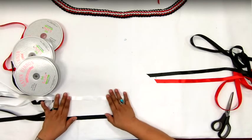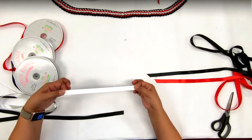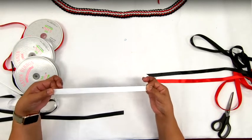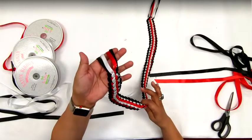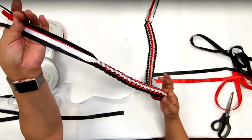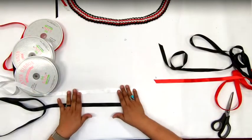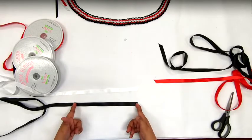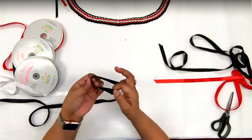Now I'm going to prepare my ribbons to start. I'm going to keep a 6 to 12 inch length at the end. I like to keep this long. Think about it as the part of the lei that you are going to be using to tie your bow, or at least tie it securely at the end. So you do want to have some length there. So the first thing you're going to do is find your 12-inch tail, and you're going to make a slip knot. I'm just making a loop